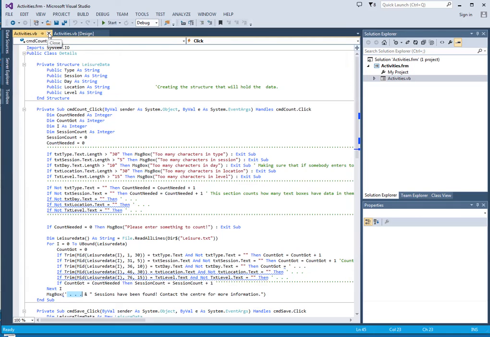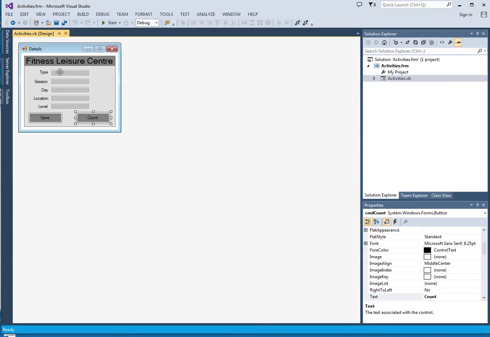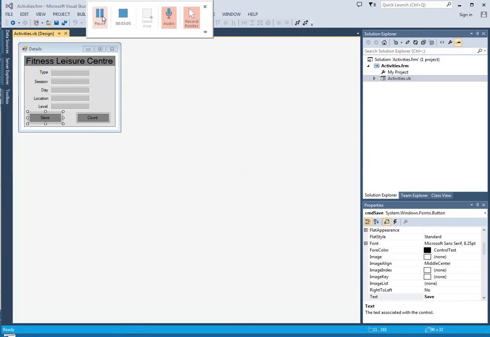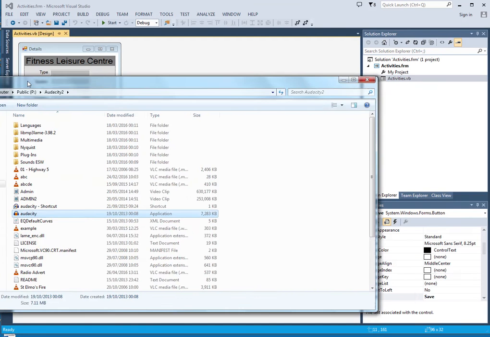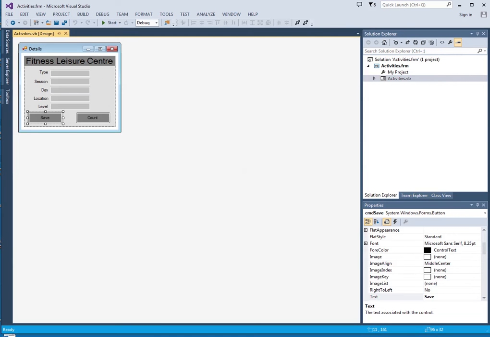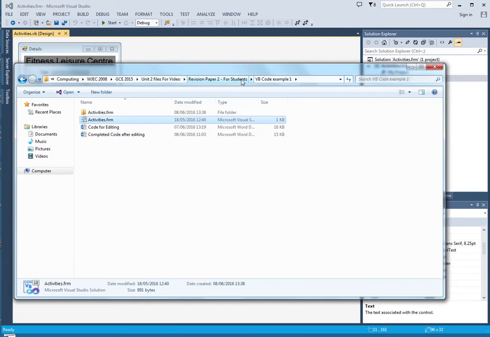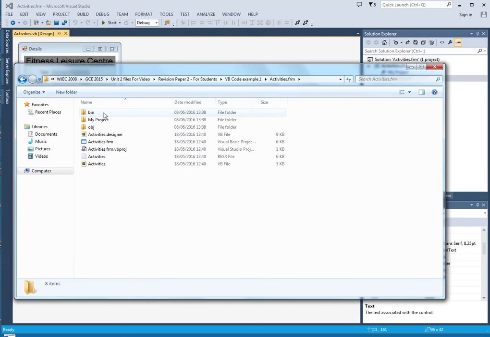Now this is how the program works. People are going to type in an activity and they're going to save it. They're going to type in another activity, save it. It doesn't clear the boxes or anything like that, but they're going to save it, save it, save it. And it saves it to this folder. Where I'm doing activity 1, we go into the activities form,